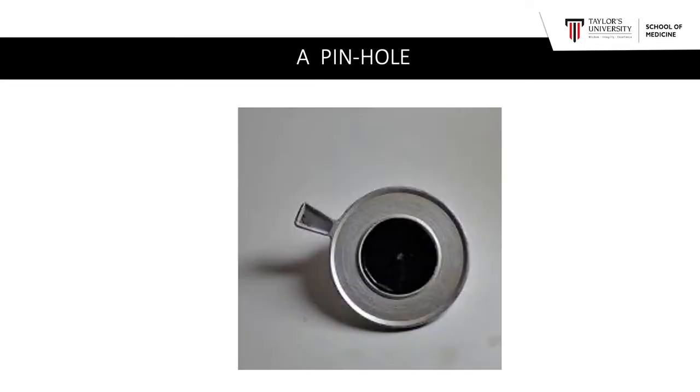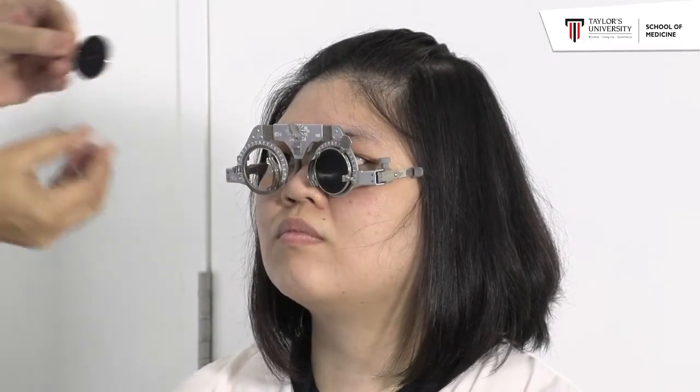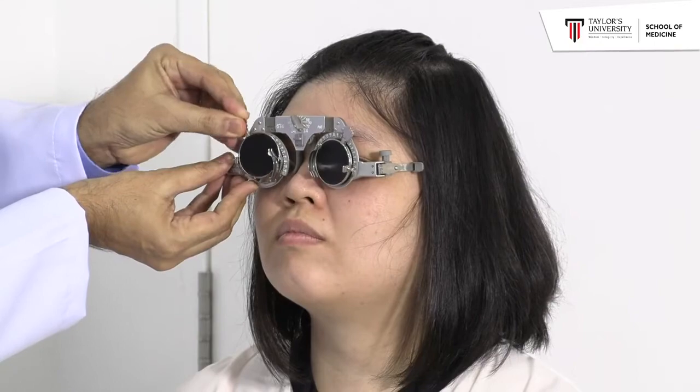Having recorded the unaided visual acuity in the two eyes, now since the visual acuity was reduced, we would use a pinhole to confirm or find out the possible cause for this reduction in vision. Again, I would record for each eye separately. Examining the right eye first, I occlude the patient's left eye and place a pinhole in front of the patient's right eye. Miss Audrey, I want you to read now. Can you see through this hole now? Yes. Okay, so will you please read for me from the top line?